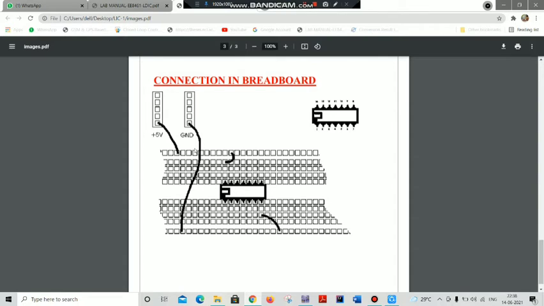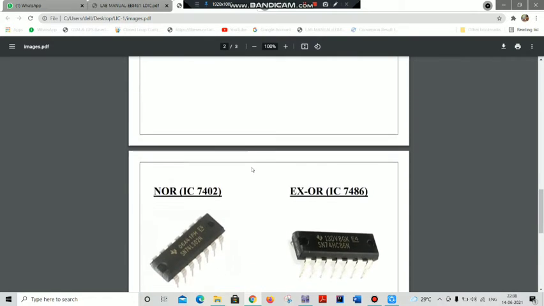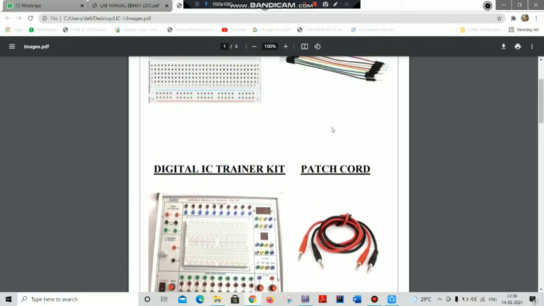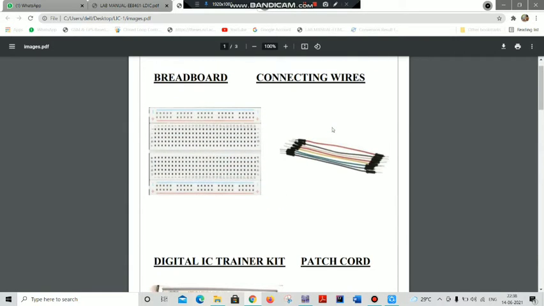You can connect every component with connecting wires or patch cards. If you connect the components in the IC trainer kit, you have to use patch cards. If you connect the circuit on your breadboard, you have to connect all the components with connecting wires. So this is the construction part.